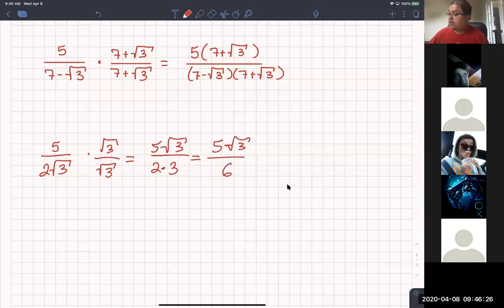Okay. But when you have two terms in the denominator, and one or both of those terms have a radical, that is a binomial radical. So you have to multiply by the conjugate. Okay. And when you do your math,